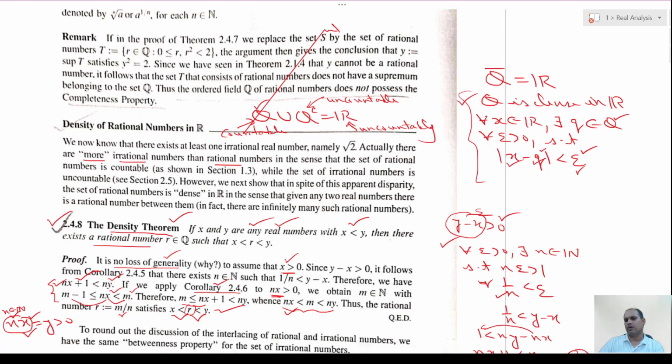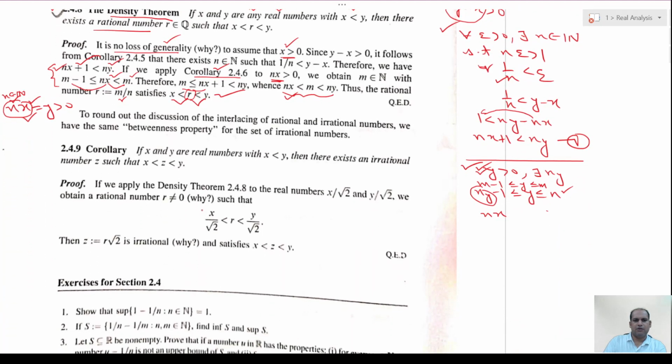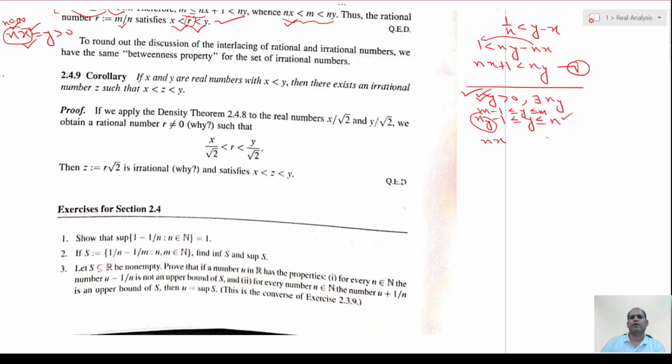Similarly, the set of irrational numbers is also dense in R. So that idea we will do in metric spaces after covering the concept of open sets. And we will see that R under the usual metric will become a special case of a metric space. Now with the same idea I can do it for the set of irrationals, to show that between every two real numbers there exists at least one irrational, or in general between any two real numbers there exist infinitely many irrationals, using the same repeated argument. What we will do here,